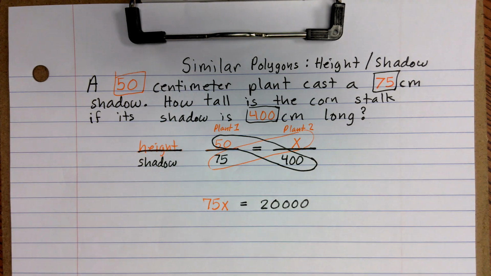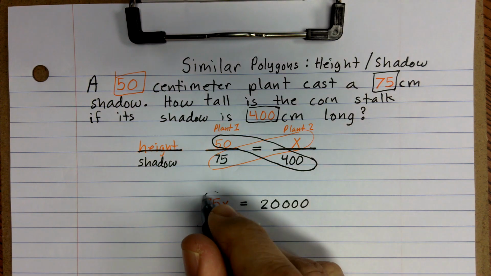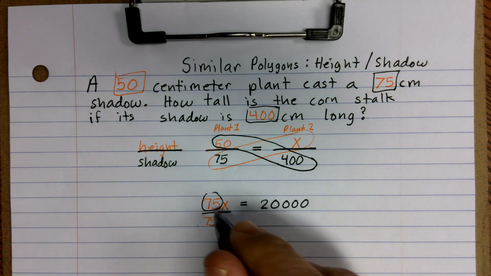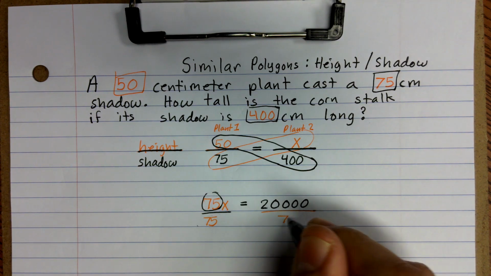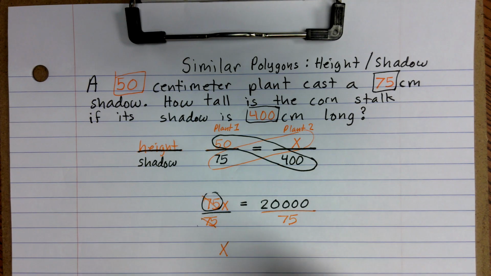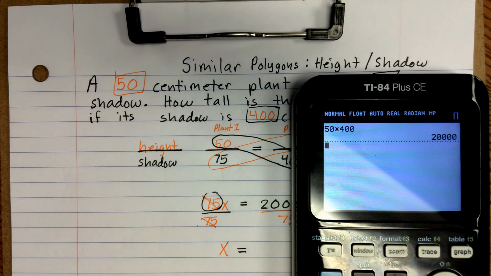20,000. Now my next step is I want to get rid of the 75 in front of the x, its coefficient. So I'm going to divide it out. Whatever we do to one side of the equation, we must do to the other side to keep it balanced. So that'll go to itself one time, leaving me with just 1x. And 20,000 divided by 75 gives me